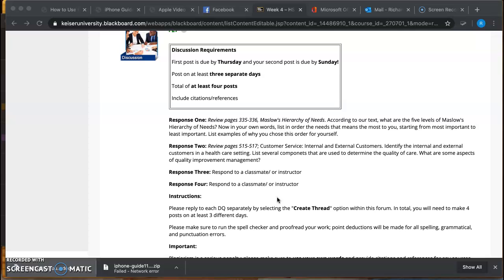So when you look at this, you'll see a hierarchical pyramid, and the most important is on the bottom, so level 1. And what Maslow believes is that you have to meet level 1 need before you can move to level 2 need, to level 3, to level 4, to level 5. So what they're asking you to do is rank your list of needs in the order that's most important to